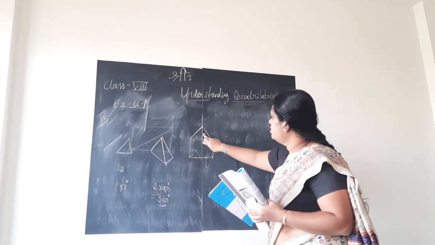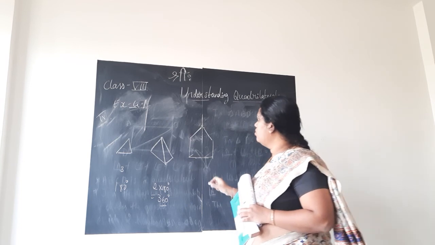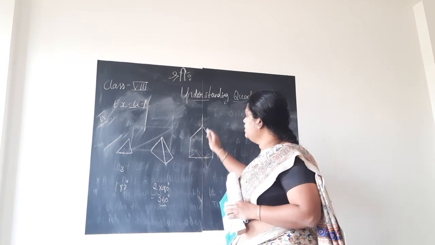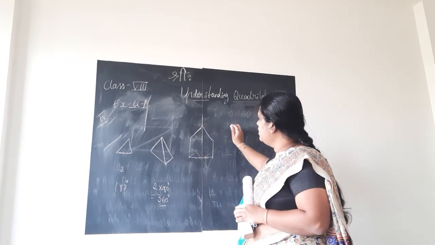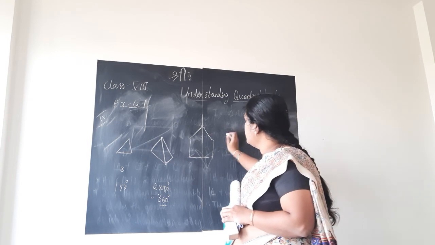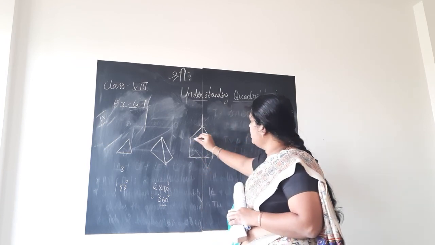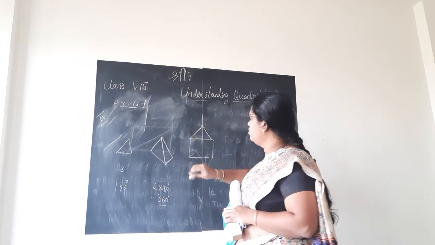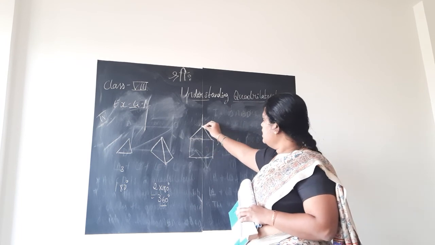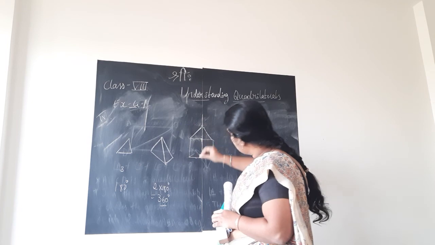Straight line you draw, children. My board is split. Okay, this is a pentagon now. So, if you want to find the sum of all the angles in a pentagon, how many triangles can you divide it into? See, these 2 sides you can join. This is the one diagonal you can draw. And this is one more line in the center if you can draw, children.